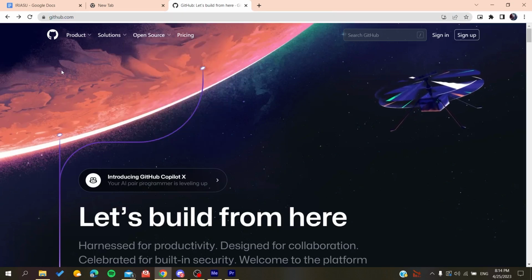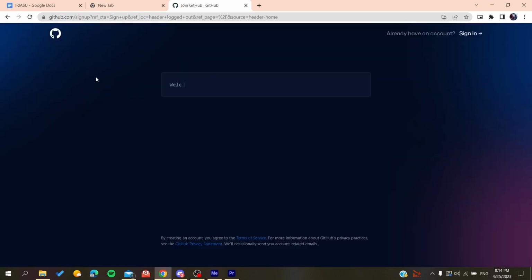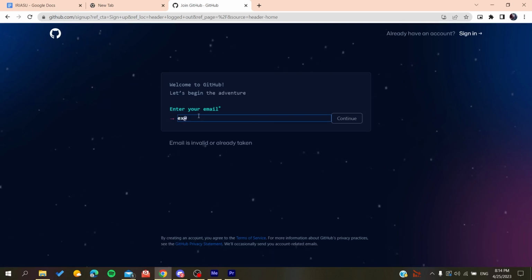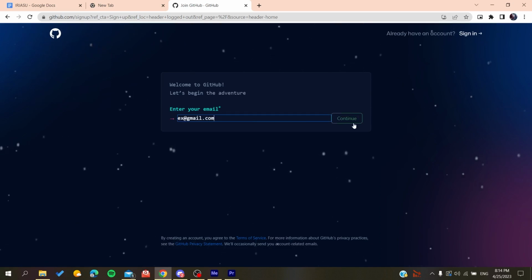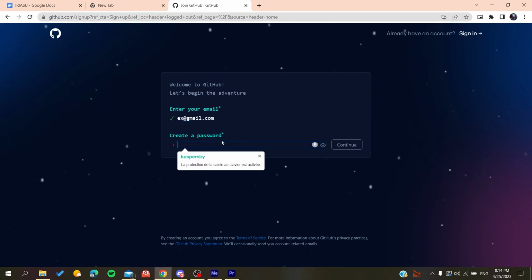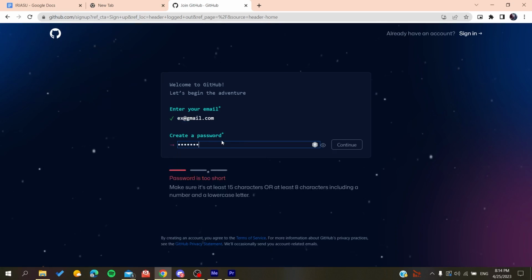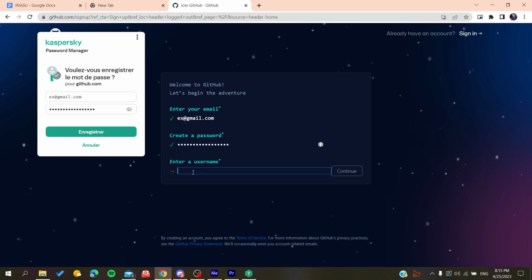And now we will need to create an account so we can use the GitHub services. So basically all we need to do is click on sign up, and then it will redirect us to the sign up page. Now you need to add your email, gmail.com or any other email that you are using. You click on continue, you create a password. So if it was anything like that, you click on continue, and then you will add a username, for example